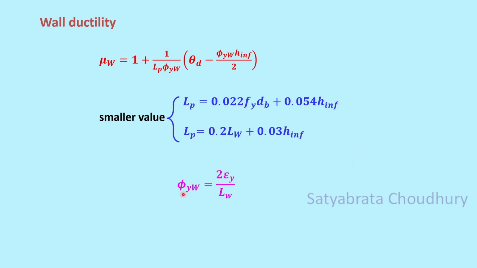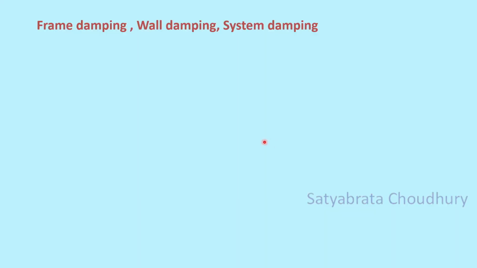And the phi yw, the yield curvature of the wall, which we have taken up in the previous slide also, is given by this simple expression 2 epsilon y by Lw. Lw is the horizontal length of the wall. Now we have to consider the damping in the system. So for that we have to find the damping in the frame, damping in the wall,